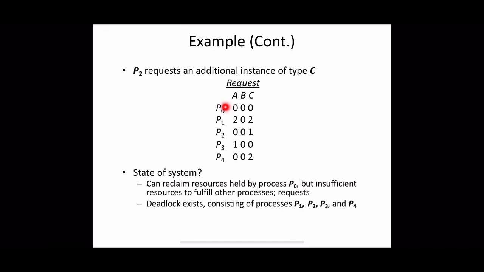Yes, P0 can proceed. So P0 will execute, finish off and release all its resources, which is 0, 1, 0. So one instance of B we got as free. With that, can anyone proceed? No, P1 cannot proceed, P2 cannot proceed, nor P3, P4. Now no one can proceed with the single instance of B. That means there is deadlock, and all the processes which are yet to finish, that is P1, P2, P3 and P4, are in deadlock.